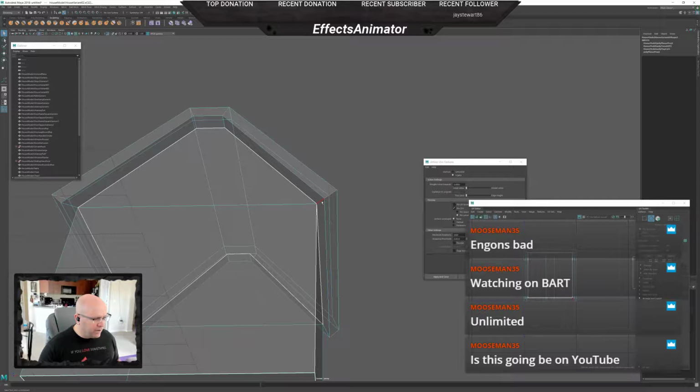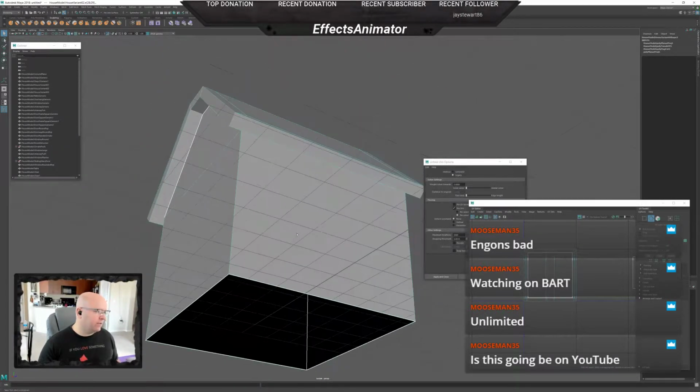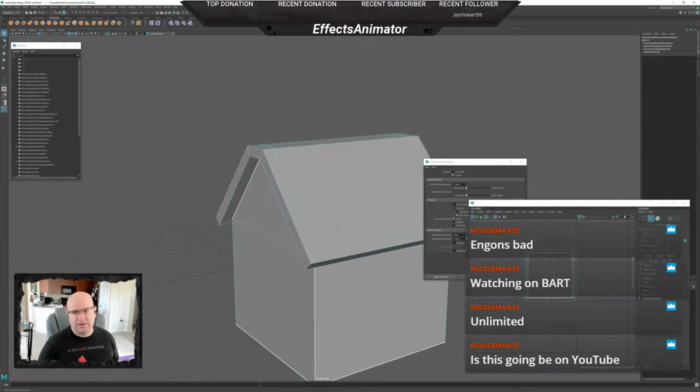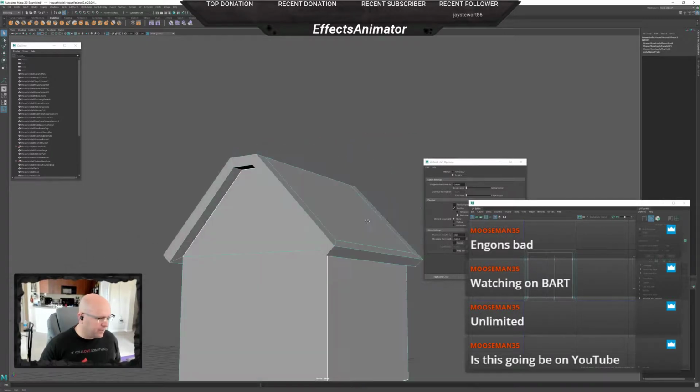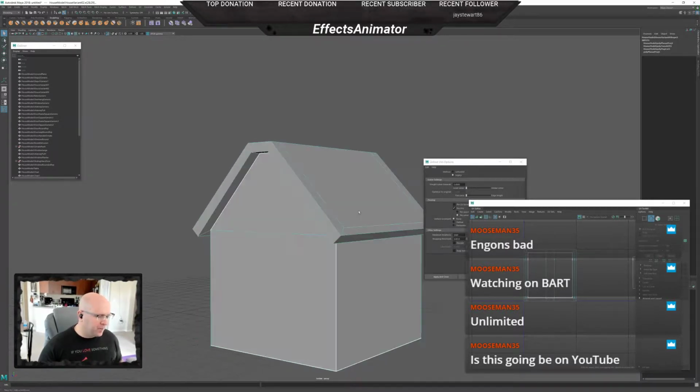And I could do that again if I hold Control Shift click this to add to this selection, and then Control Shift double click that one. Again, it goes all the way around and gets every single edge that I want without having to go around and select every single one manually, which is a huge time saver. All those little selection tricks like that really speed up your process if you get into that. So now that I've got those